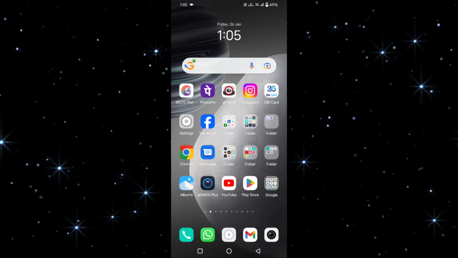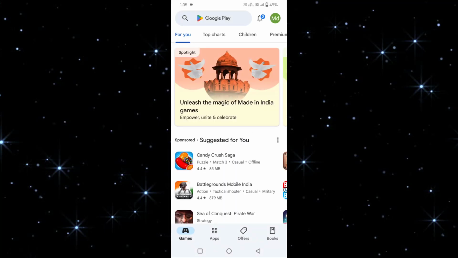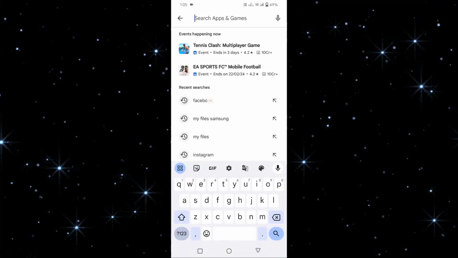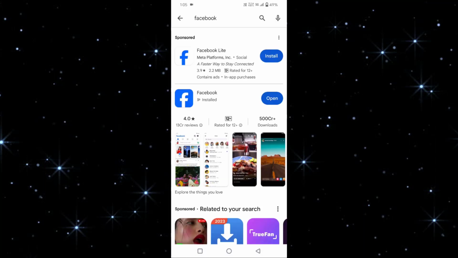Guys, if you want to mention everyone in your Facebook group post, then I will show you how to do this. First of all, you just need to update your Facebook app. Just tap on Play Store, then search for Facebook. If there is any update pending, then update it from here. Then go back,